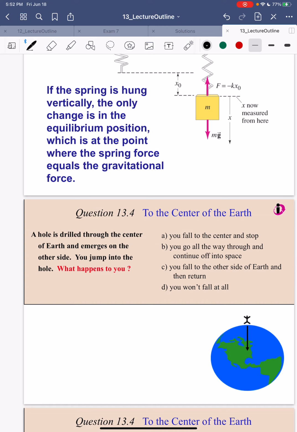This case is really very interesting. We are talking about a thought experiment: if we have a hole that is drilled through the center of the earth and emerges on the other side, and you jump into the hole, what happens to you? Now, you as an object will, of course, face that negative 9.8 meters per second squared acceleration. But